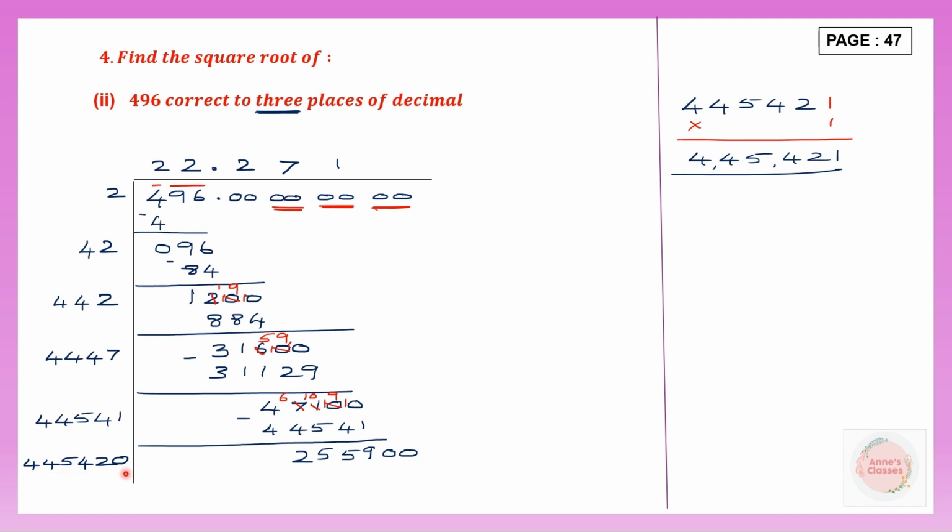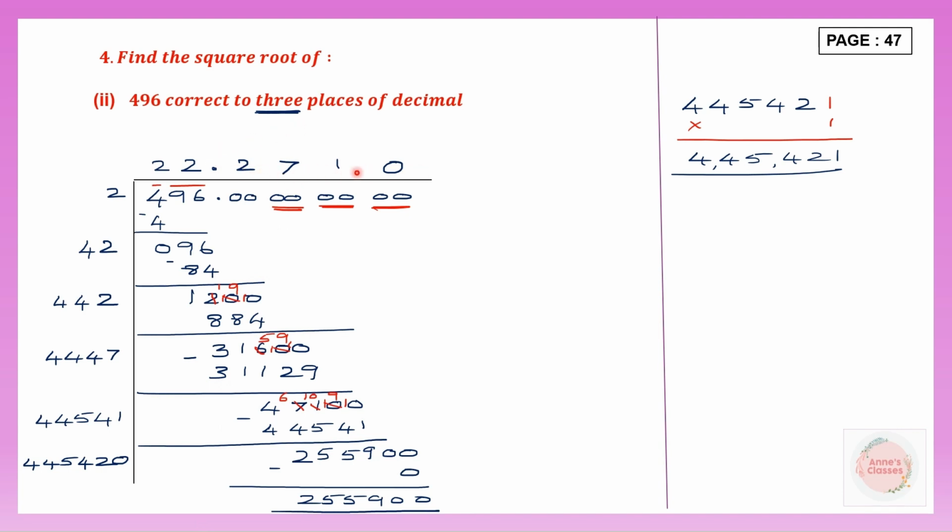4,45,420. And because the last digit is 0, we're going to multiply it with 0 here. So put that 0 here. So here we have put the 0. So when you multiply this number by 0, you are going to get 0. So let's subtract, and our remainder here will be the same number that's given here. Okay, so with this we have finished, because we have been asked to write correct to 3 decimal places and